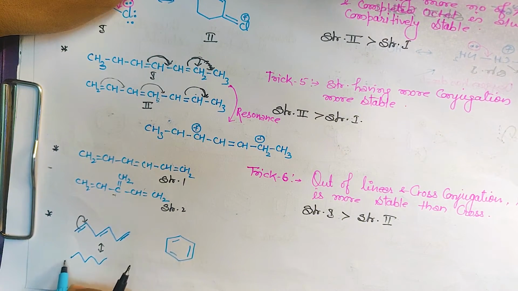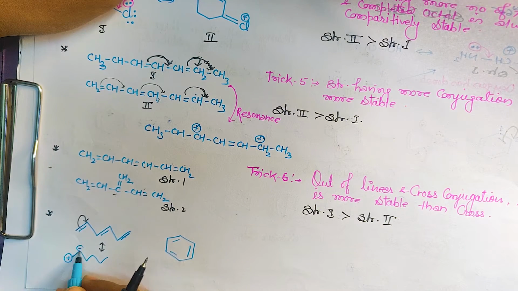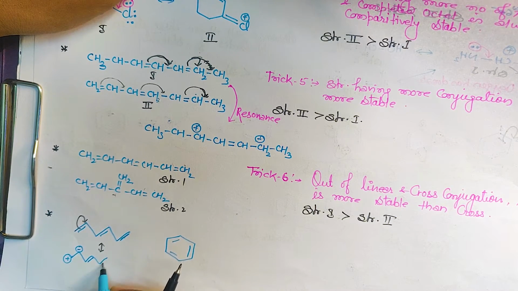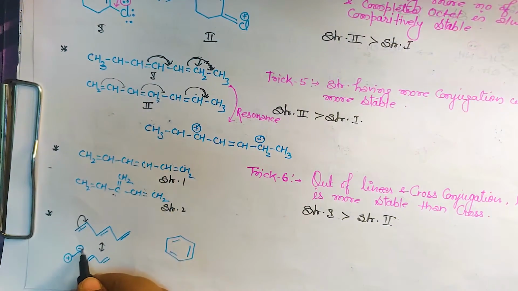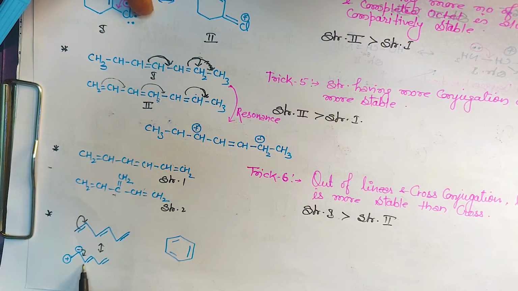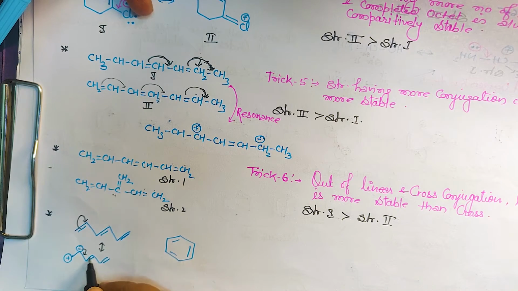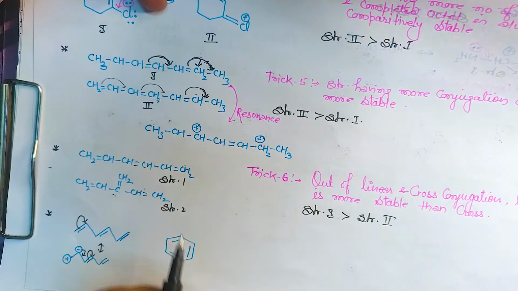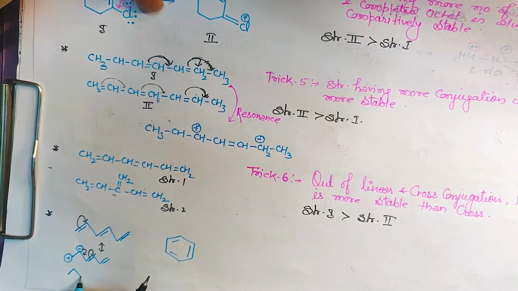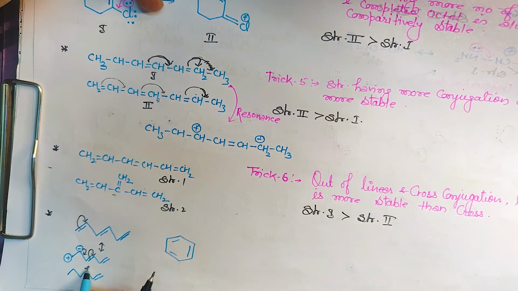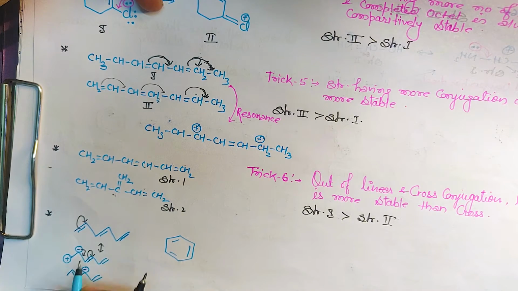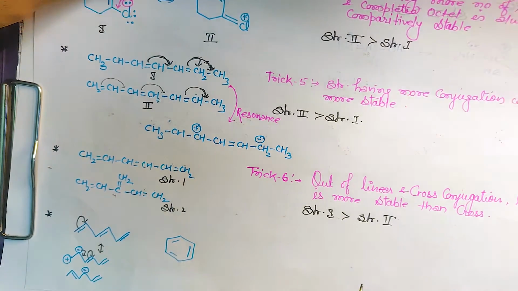Here a bond, here a plus charge, and here it will have minus. I have not touched anything with this, so let it be like this. Next, this negative charge will shift over here, due to which this carbon will have 5 bonds, so this bond will shift over this carbon. So this will result in this. इसको कुछ नहीं किया, as it is रह जाएगा. Here now a minus charge will be there, and here a double bond will come due to this shifting. Yes, I hope it is clear.